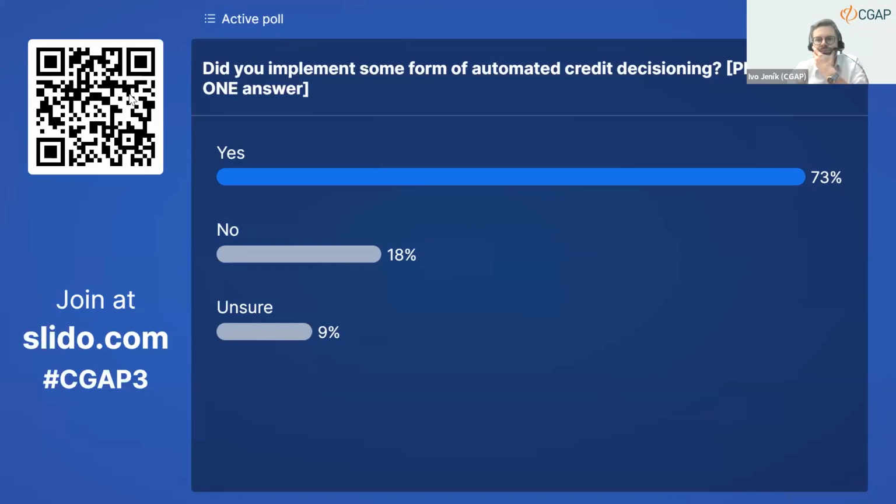Okay, let's see. It seems like we have a really good crowd here, with an absolute majority having experience with credit automation, or possibly having experience with credit automation, which is great. So that should make for a nice discussion. But as it is often with elections, it's underrepresentative of the overall participation. We have only a 10% response rate, so it's even worse than the average election turnout, I think.